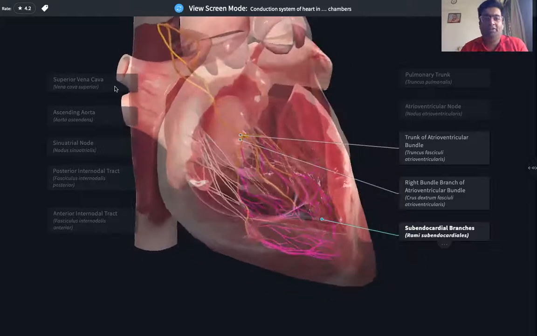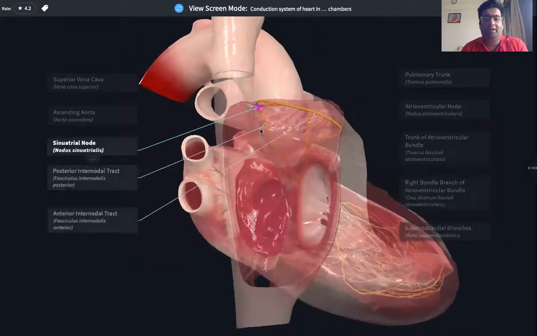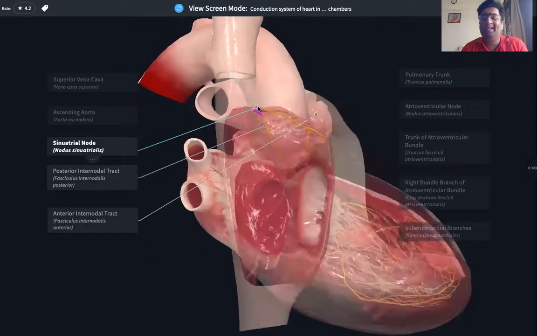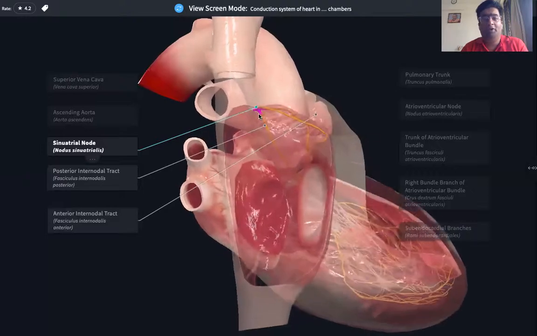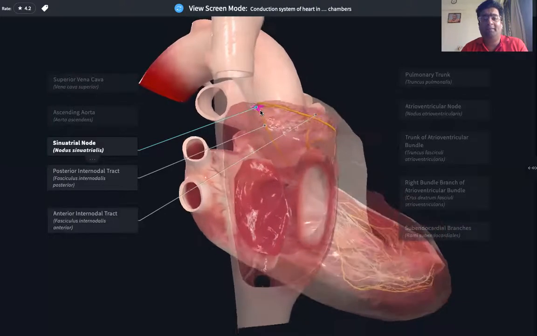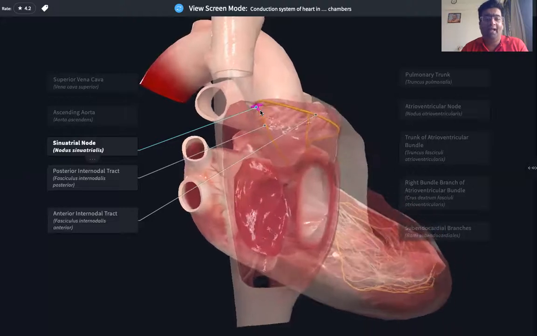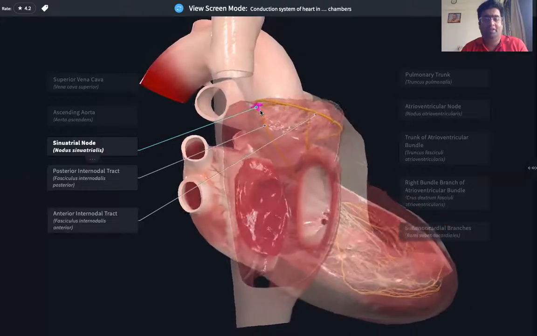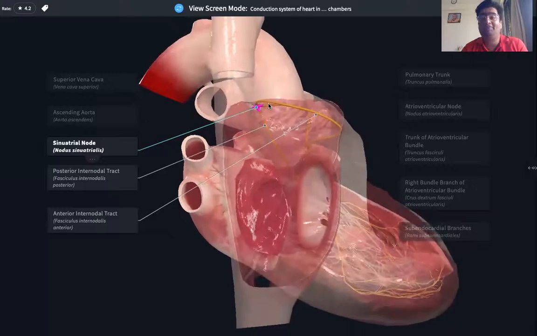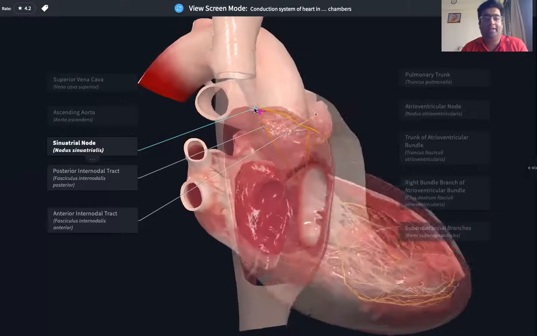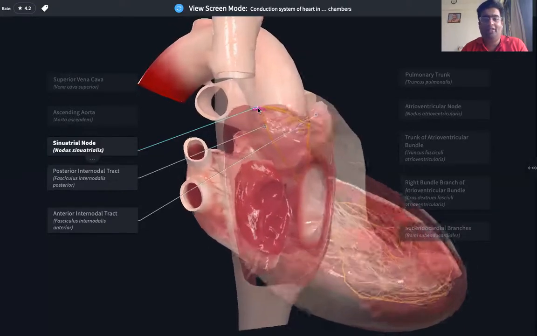There are four main components of the conducting system of the human heart. The first component is the sinoatrial node or the SA node, also called the pacemaker of the heart, the natural pacemaker. It is so called because it is responsible for generating the impulses that are required for the depolarization of the cardiac muscles, which in turn is responsible for the contraction of the cardiac muscles. So this wave of depolarization is generated from the SA node, and that is why it is called the